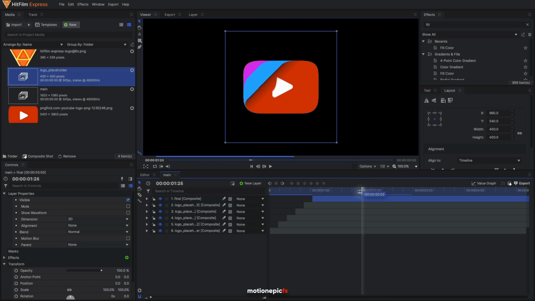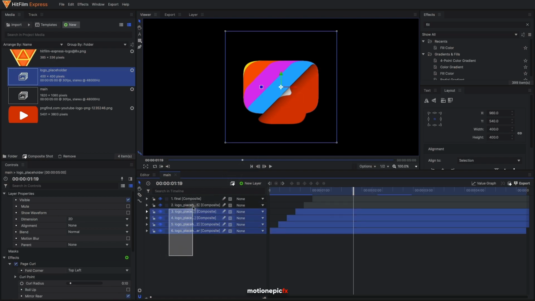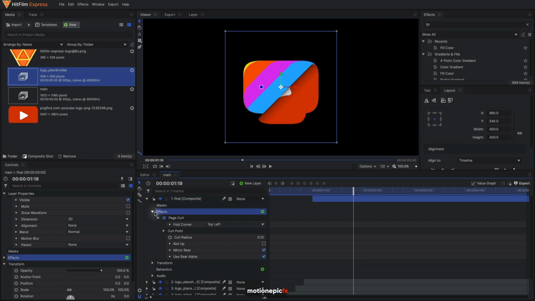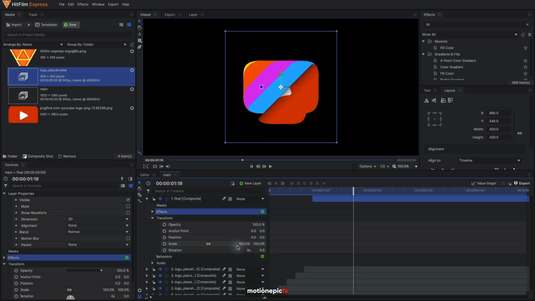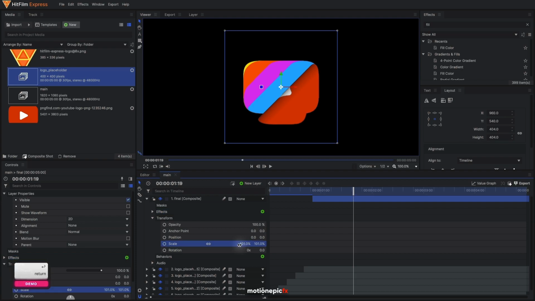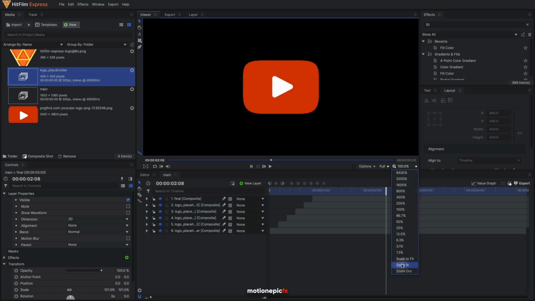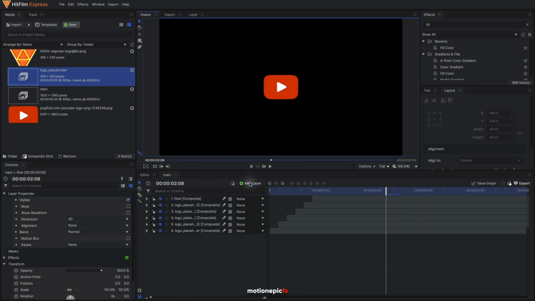So what we can do in order to fix that is, it's because of these extra layers we have at the bottom. What you can do to fix this is you can go to your final comp, and you can just go to transform, and you can scale this up by 1 pixel or 1%. So I'm going to type in 101, and that should fix that issue. That is looking great. So let me just set this to scale to fit,